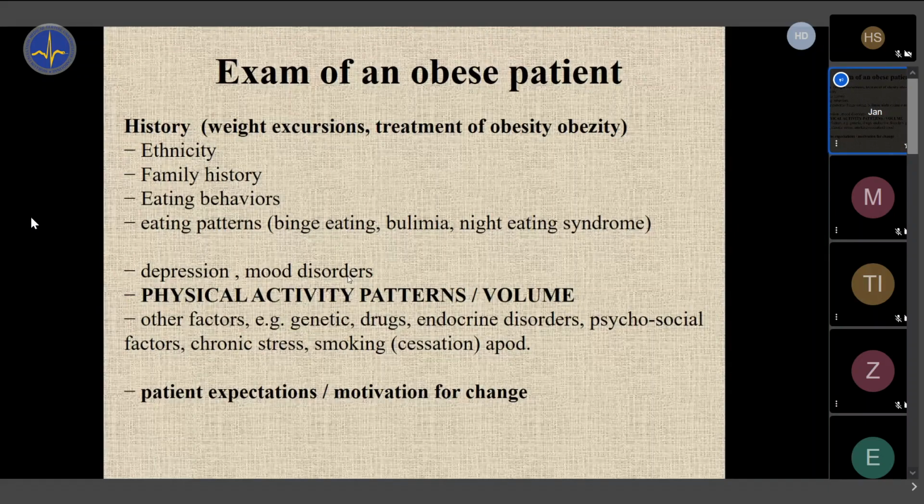So now, what to do with a patient who is obese? We have about 20 minutes to discuss this. There is nothing amazingly different from the examination of other patients. You go through the history, but maybe you focus more on something which is not so important for other disorders, which is that we ask about eating patterns. What is your typical eating pattern? Do you have breakfast, or do you take in more calories during the afternoon or night? What are your eating behaviors?